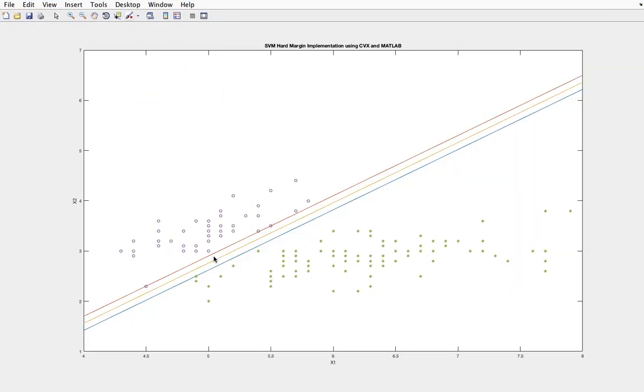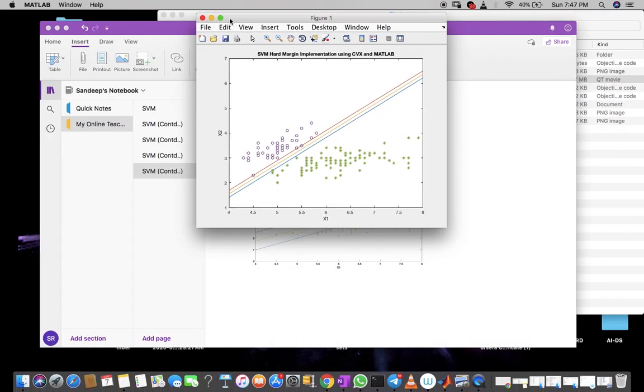As you can see, this is the plane, or here it is the line, which is separating these two classes, and none of the points comes outside the boundaries. They're all on the boundaries or away from the boundaries. So it is nicely able to separate both the classes. Let us see the example for other cases.